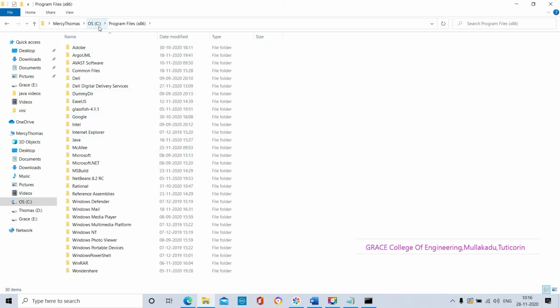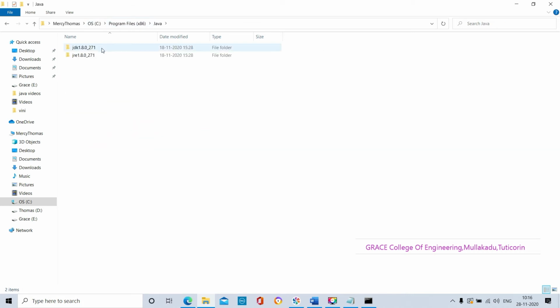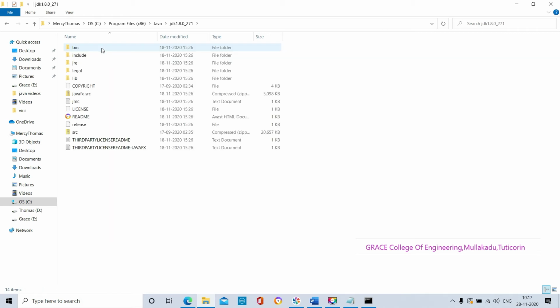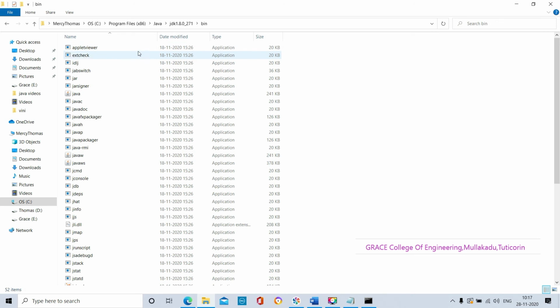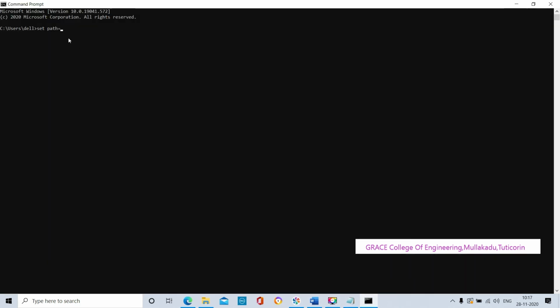So in the C directory, Program Files (x86), I have the Java software. I installed the Java JDK 1.8.0 software. Till bin we have to select and copy by pressing the Control plus C buttons on the keyboard. I am copying this path and pasting it in the command prompt by using Control plus V on the keyboard.